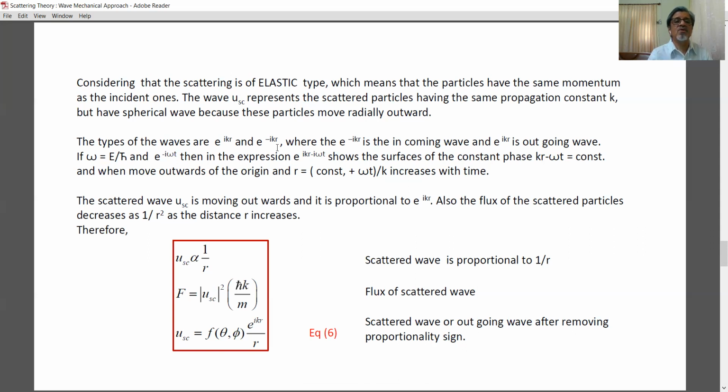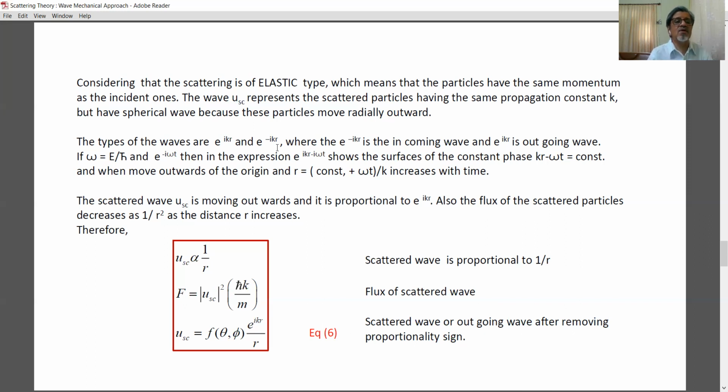So we have two different types of waves. One is e to the power ikr, another is e to the power minus ikr. E to the power minus ikr is the incoming wave and e to the power plus ikr is the outgoing wave after scattering. Now if omega is equal to capital E divided by h cut,